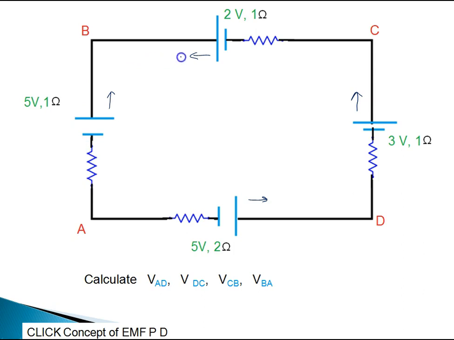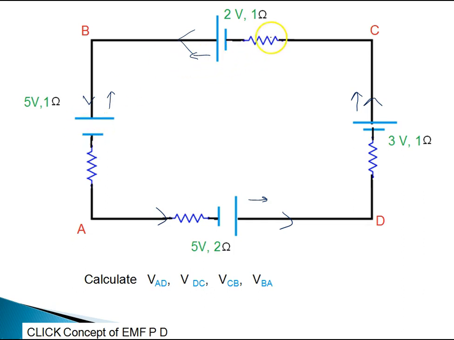It means we will say these 3 cells are dominating in the circuit, and when the cells are dominating in the circuit, net direction of flow of the current will be along that direction. So we will say in the circuit net direction is this. Now all of you just say me, which cell is in charging situation, which cell in discharging situation? Yes, you will say this cell is discharging situation, this cell is also in discharging, and this is also in discharging. And again we will apply our mind, it is the positive terminal, in the positive terminal current is entering, so this is charging cell. Is it clear to all of you?